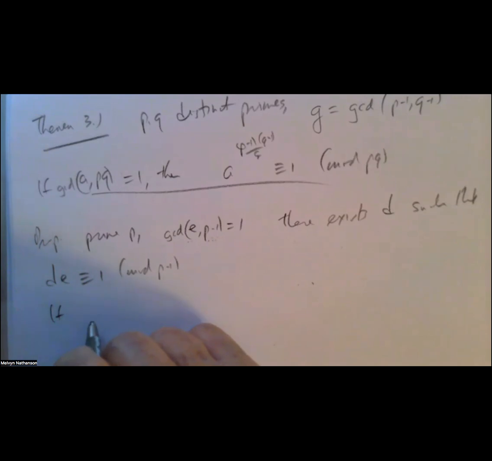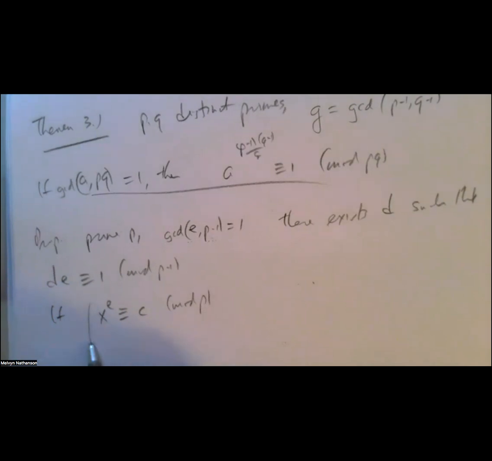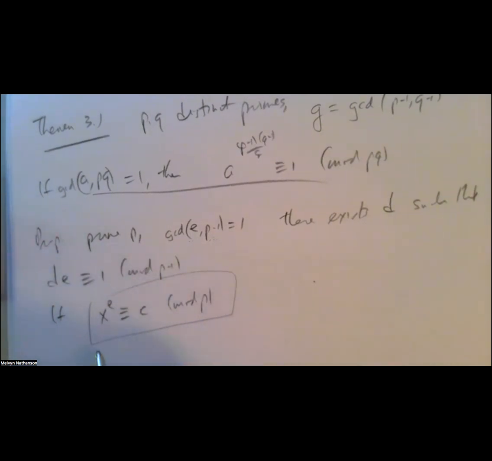Suppose X to the E is congruent to C mod P. So suppose X is the solution of this congruence, and you want to find X. So this is like you're trying to find the Eth root of C. And how can you do that? Well,